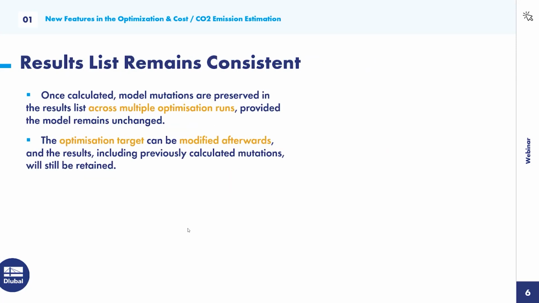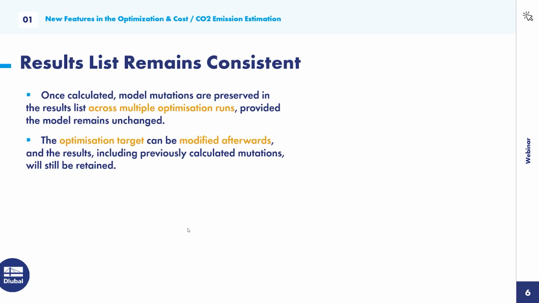The second one, also regarding the results list: we are now collecting every result from all model mutations, even across multiple optimization runs. In the past, we started a new list every time you started a new optimization run. Now we changed that. We now collect every single calculated model mutation from every optimization run and store them in one list. It's now consistent, or you can say persistent,